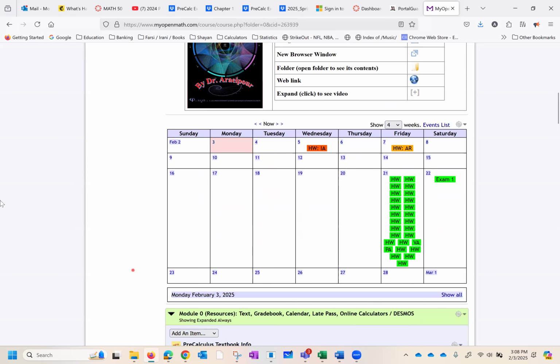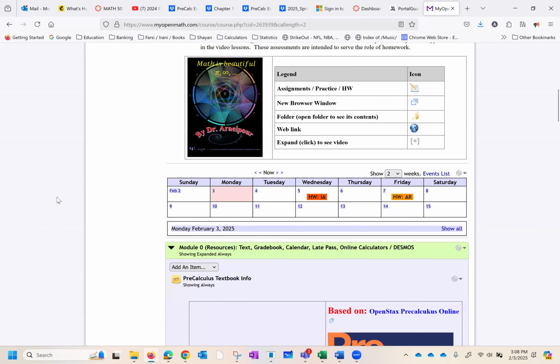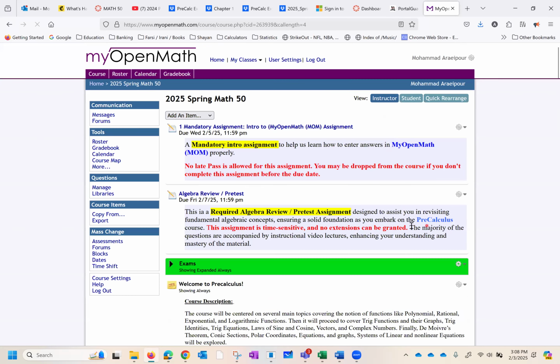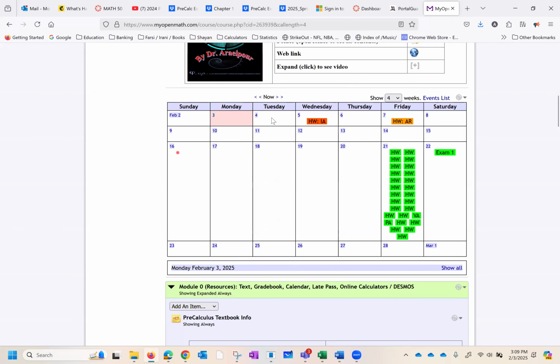As we scroll down, the first thing that we see is the calendar. And as far as the number of weeks, you can change it. Normally, it's set for 4 weeks, everybody. And here's what I want you to notice. Number one, we have a couple of assignments. You see it's red, that means it's due almost immediately. This is orange. Now, here's the first exam. Right before the exam, we have all this homework. If anybody waits till then, they will fail the course.